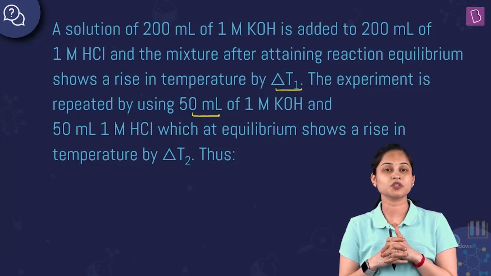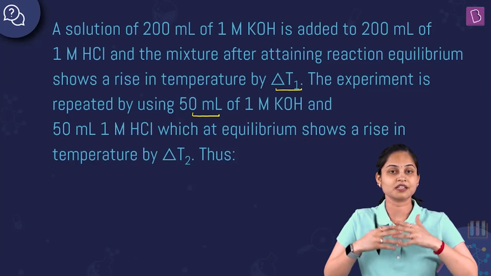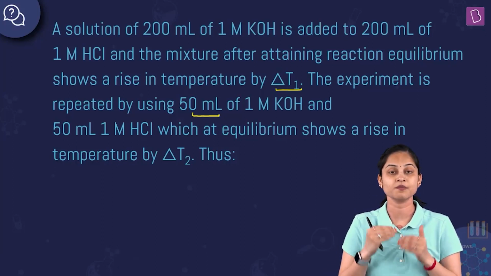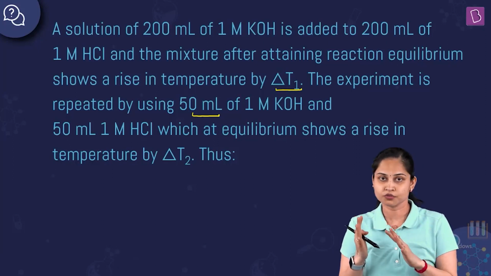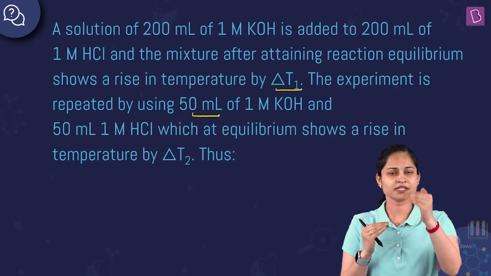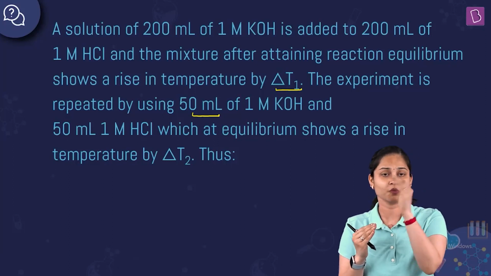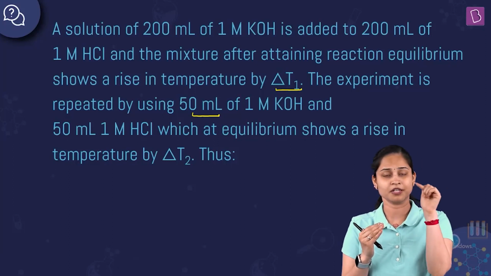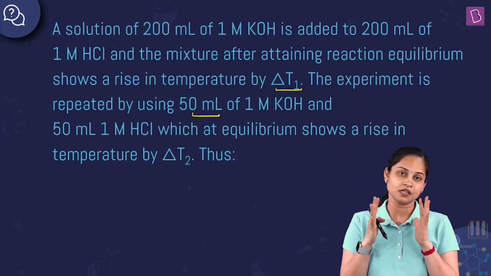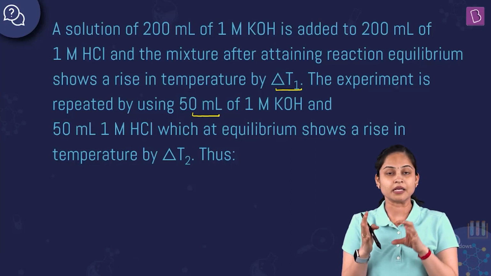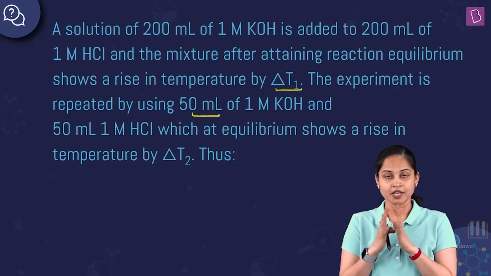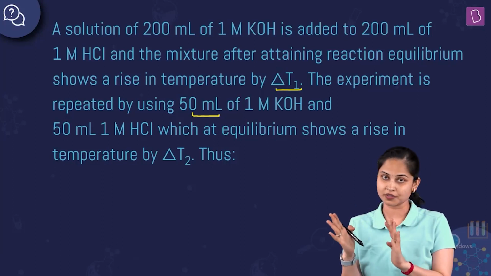Now when complete neutralization takes place, the heat of neutralization for a strong acid and a strong base will be equal to minus 57.1 kilojoule. Why am I mentioning the negative sign? Because here it is the heat released. This is the heat released by the breaking of a bond in an acid and a base, and this is known as the heat of neutralization.